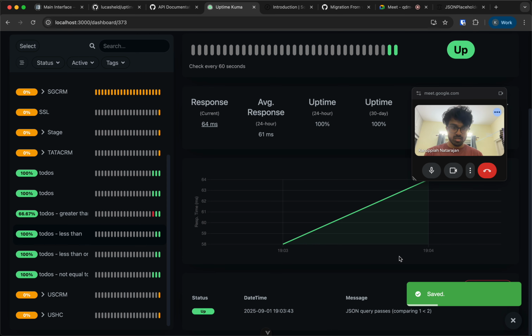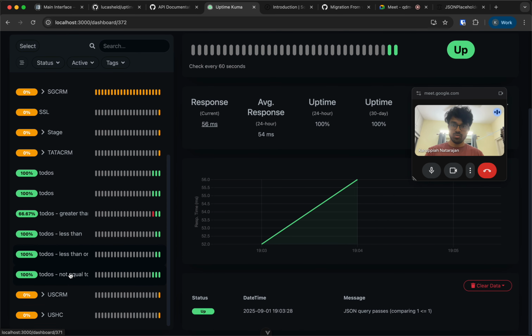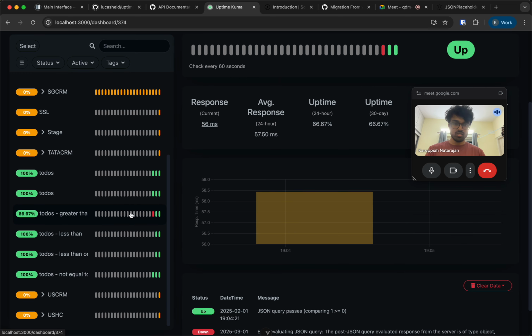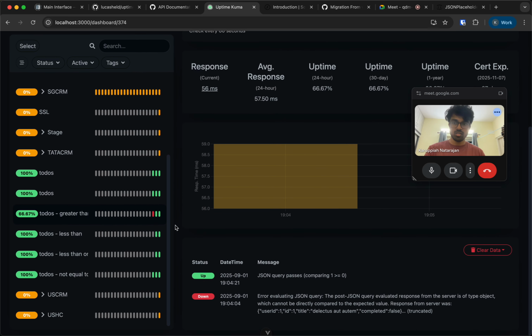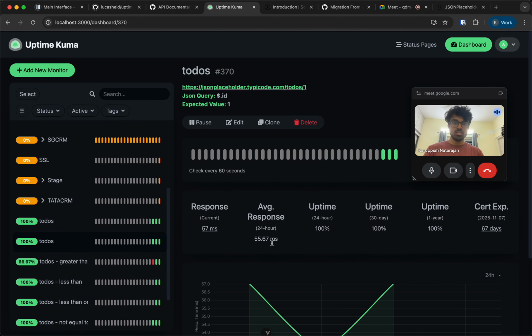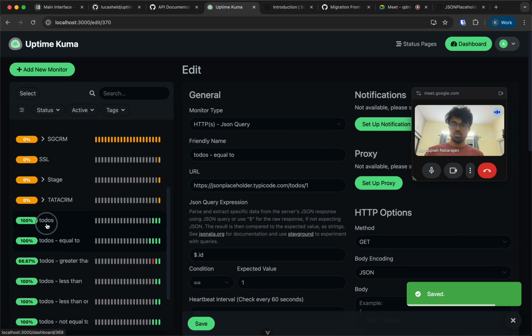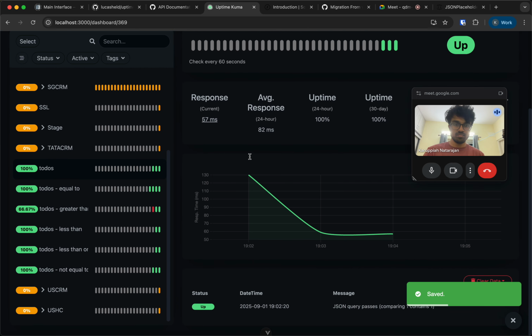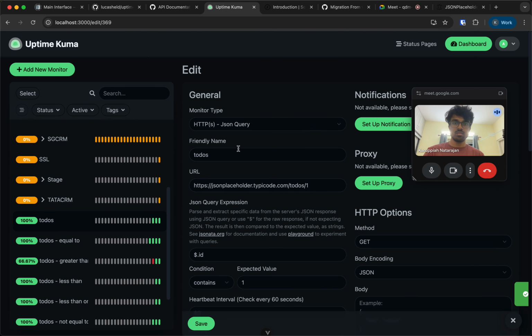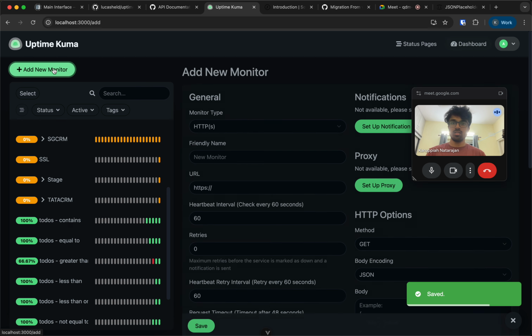Less than, okay, this is less than or equal to, this is not equal to, this is greater than or equal to, this is equal to, right? And this is contains, right? So then the next one would be